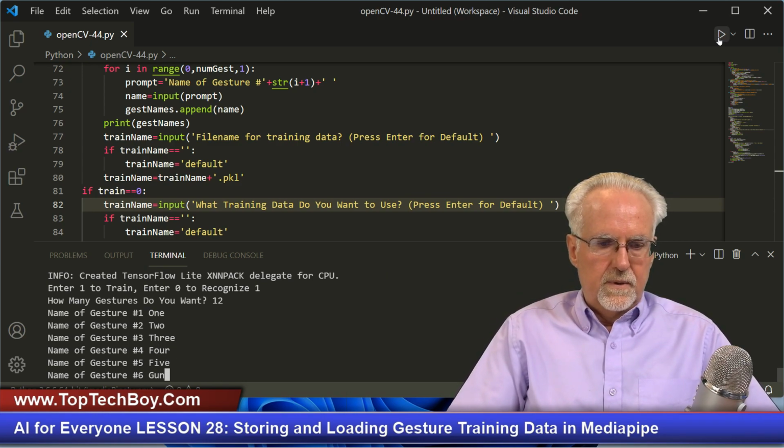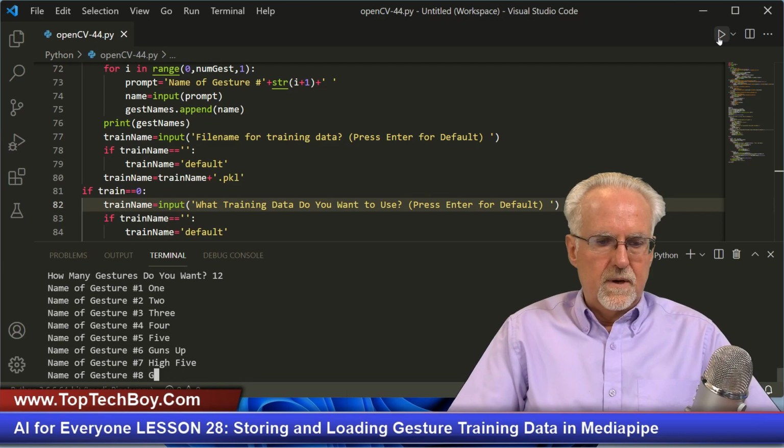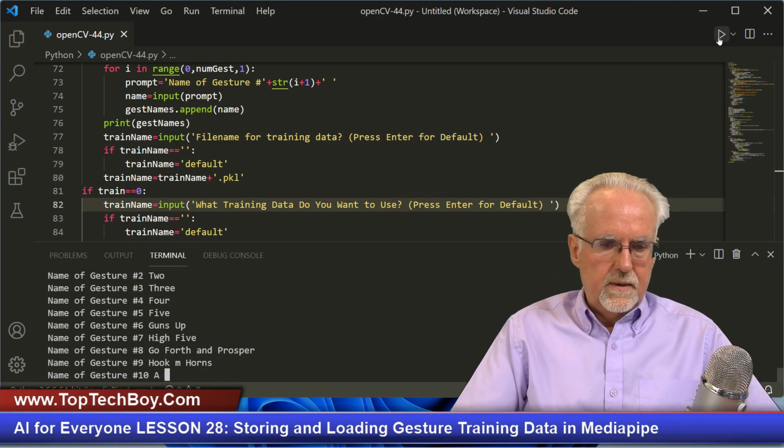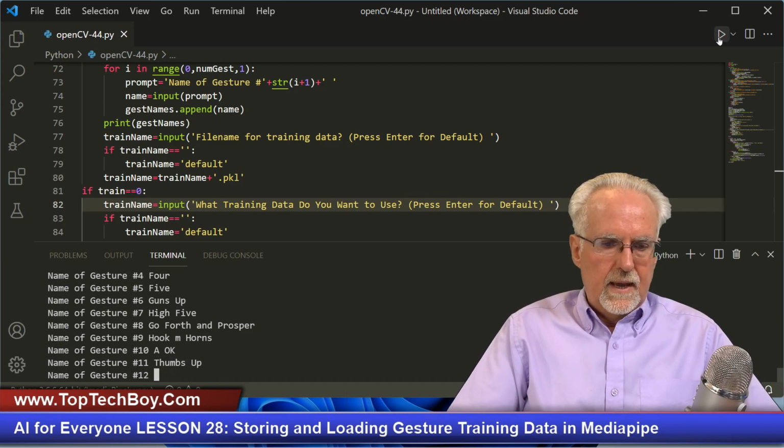Okay, let's go guns up. Let's go high 5. Let's go 4th and prosper. Okay, let's go hook horns. Okay, and then let's go okay. Let's go thumbs up, and let's go